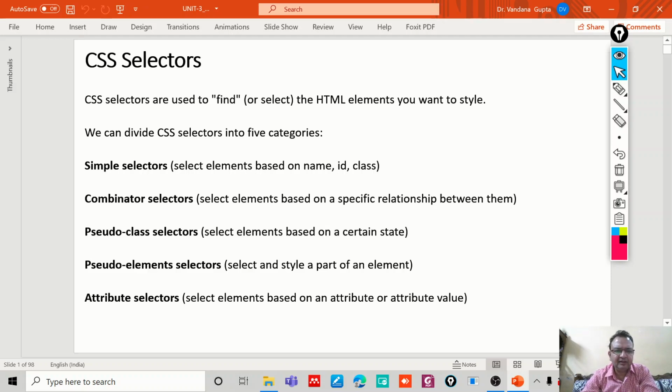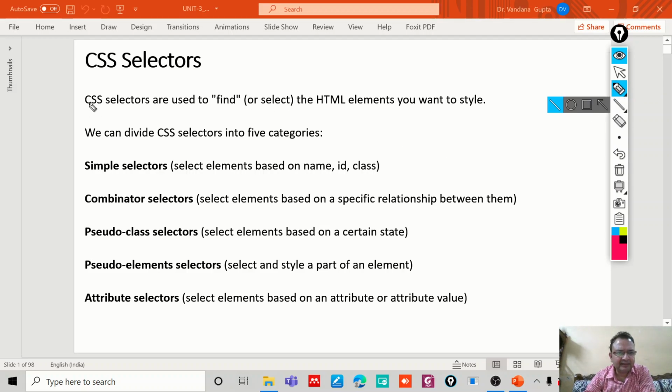We will talk about the CSS. All of you would be aware that CSS provides look and feel to the web pages. So we are writing the CSS code itself into the HTML documents. I hope that all of you are aware of the full form of CSS, cascading style sheets. We know that there are different elements in HTML, so we can provide different styles to these HTML elements using the CSS.